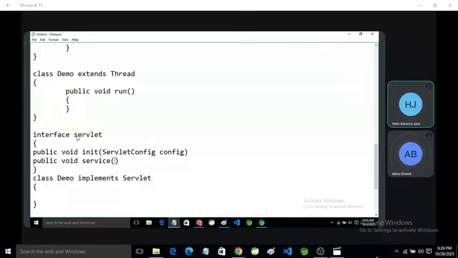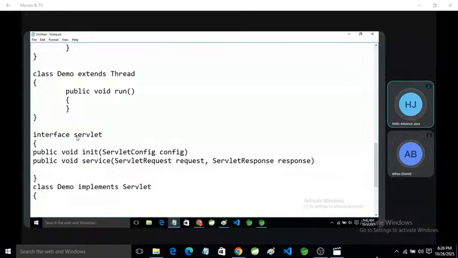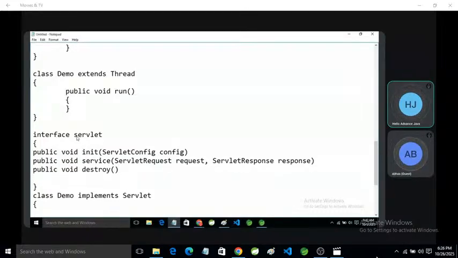First is ServletRequest and second is ServletResponse. Okay, and the third method is public void destroy.